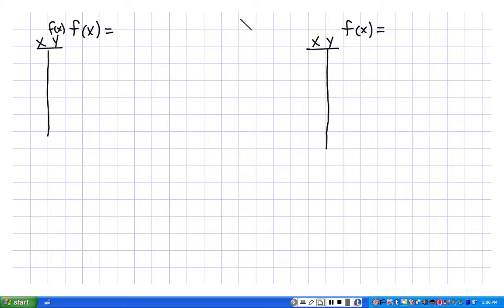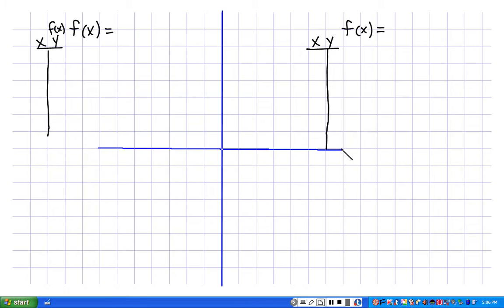Make lines. Alright, so I have our graph again. Okay. So now, what happens if we have something like